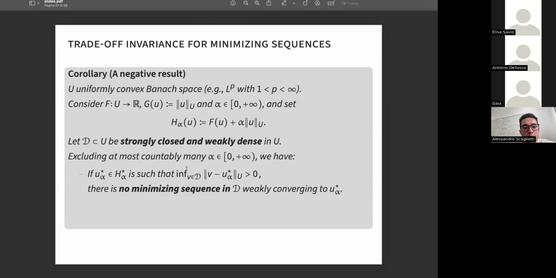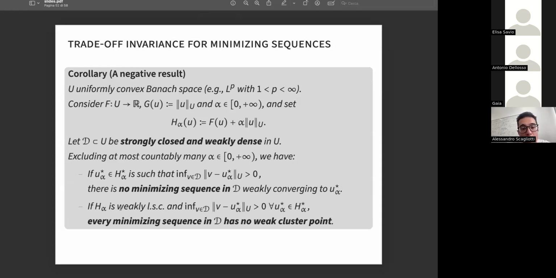What happens is that, once again, excluding at most countably many alphas for which we can say nothing, if we have a minimizer whose distance from the weakly dense set D is bigger than 0, then there is no minimizing sequence in D which is weakly converging to U star alpha. In other words, we cannot do approximations of